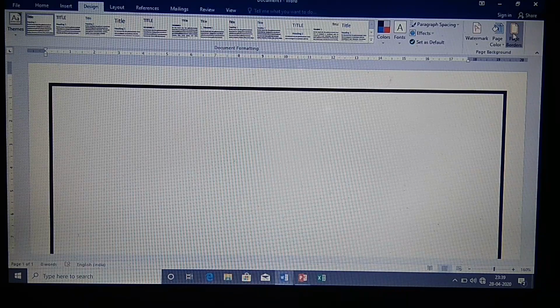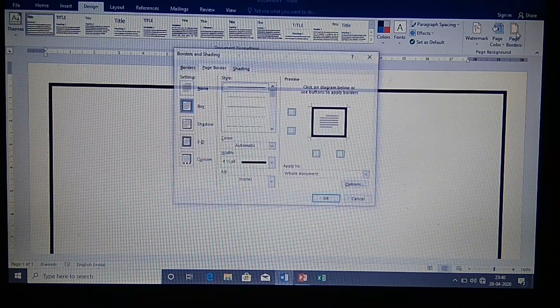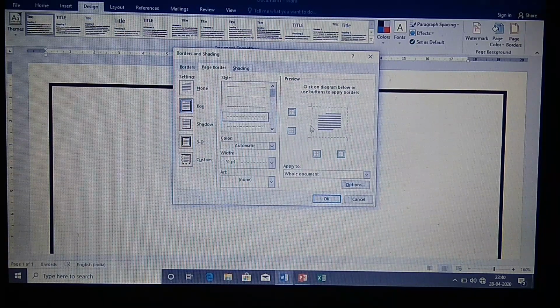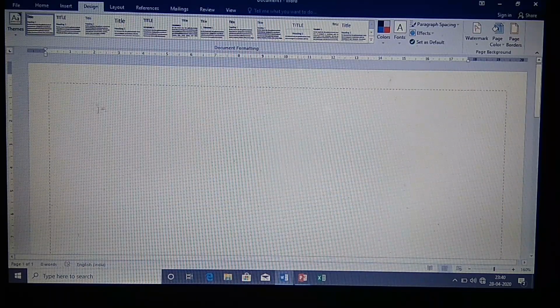Now let us select one more time, click on Page Border. Here you can change the style of your border. Suppose I want a dotted box. Select dotted box, click on OK, and it will give you a dotted box. Now I want to change the width of the dotted box.